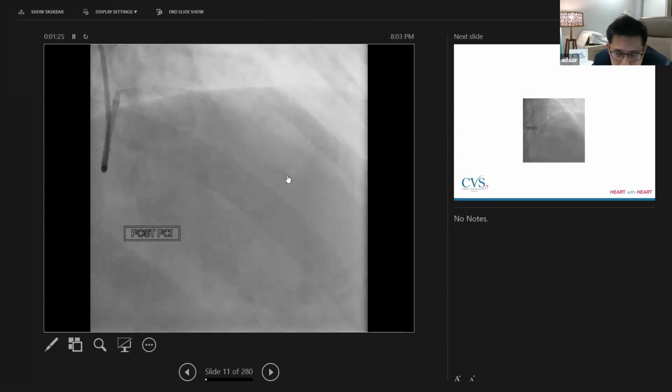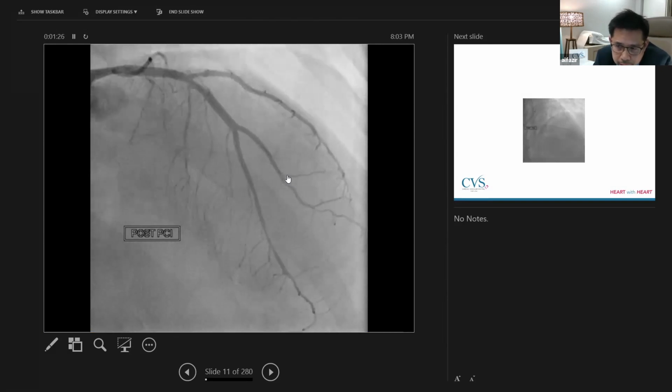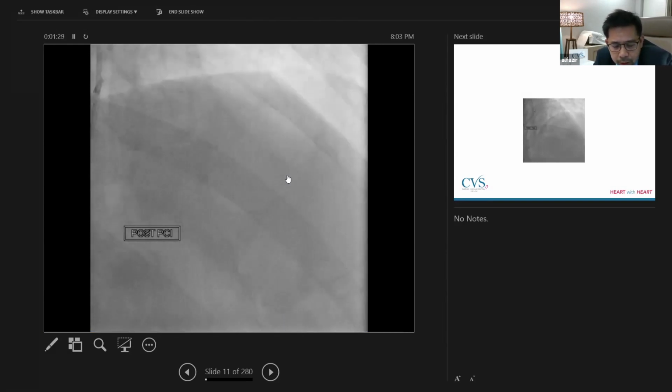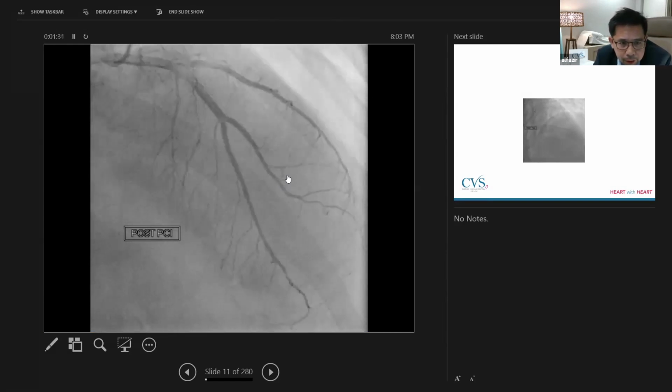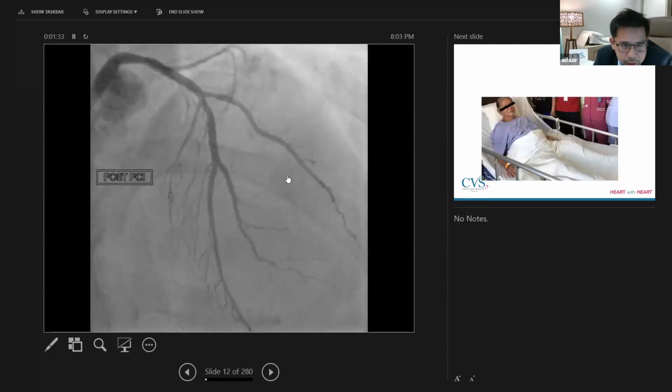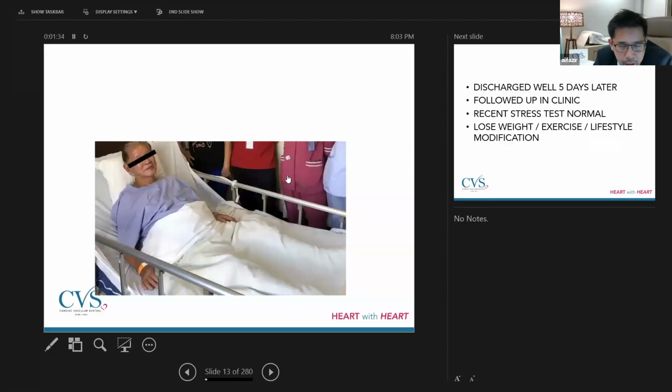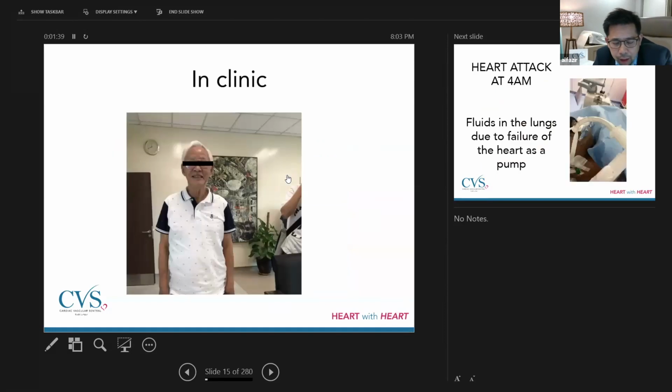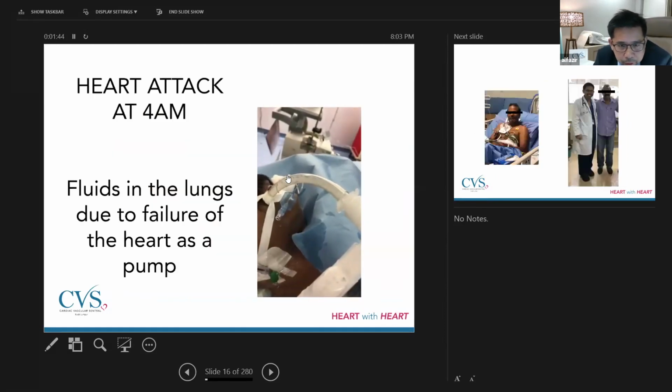That's where it's important to recognize a heart attack and seek treatment immediately. Again, the blood flow is restored, so oxygen, he's done very well. He was discharged and was followed up in clinic. He's doing very well. And another patient who came in at 4 in the morning